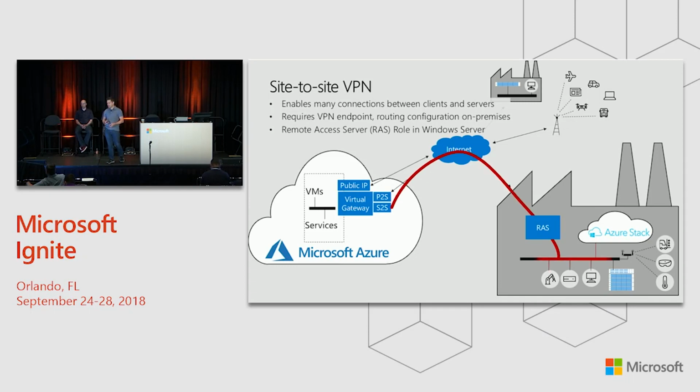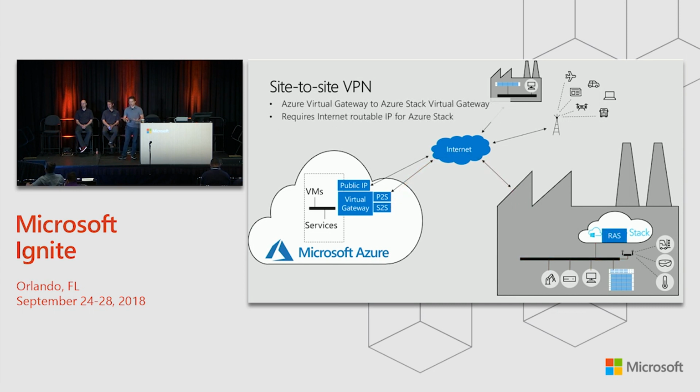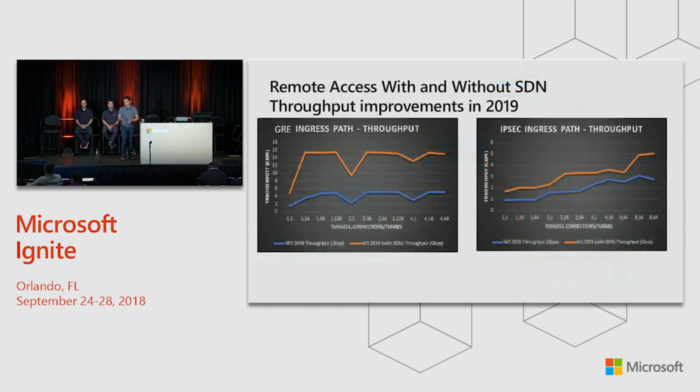And there are a few different options for deploying it. You can deploy it so that it connects directly to your network, being your edge gateway. Azure Stack uses it internally to connect to your virtual network, so you can connect Azure Stack directly to Azure. Or if you have a hyper-converged system, if you're running Windows Server SDN, you can connect directly from Azure, from the remote access there into your virtual network.